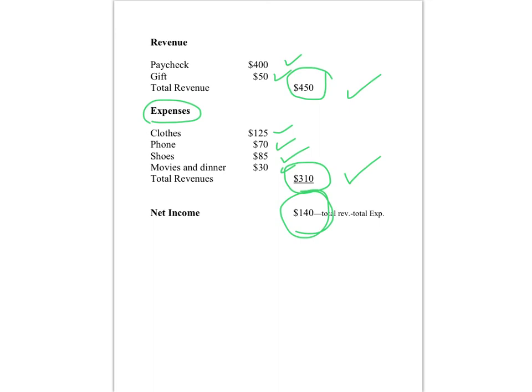You'll get another paycheck. The more you save, the more you can look forward to your future, because maybe when you get in high school you want to buy a car. If you've got some savings, you might be able to do that. So what you're going to do for me today